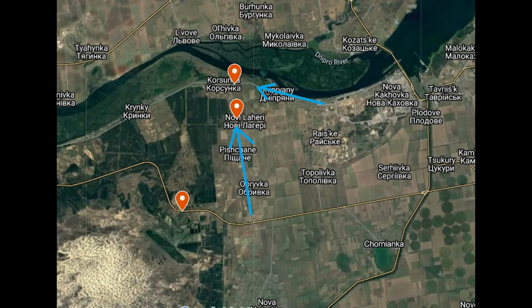Here are the known supply routes into Korsunka. So we had vehicles on the road leading from Novokakhovka, close to the Dnipro, and likely a riskier supply route, as I expect it would be easy for Ukraine to hit vehicles moving along it. The next supply route heads north past Novi Laheri. You can see that comes from a main road leading east to west. So I definitely think it's in Ukraine's longer term goals to capture or establish control over that road at some